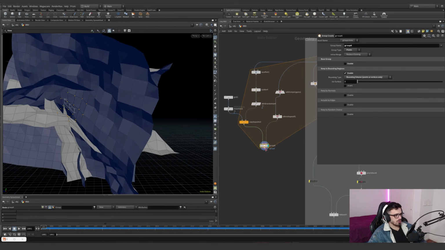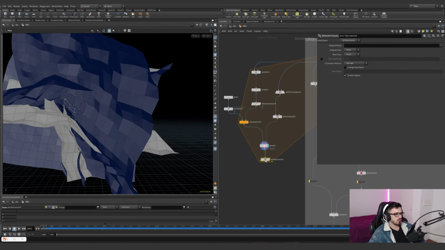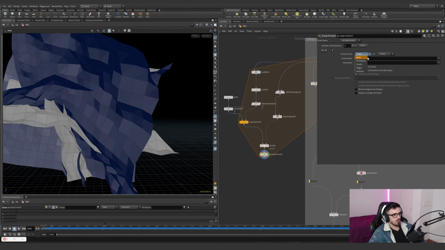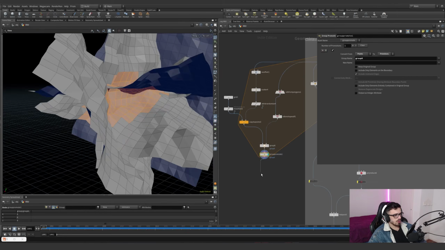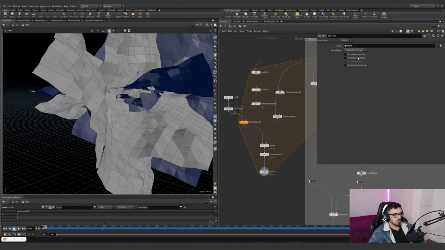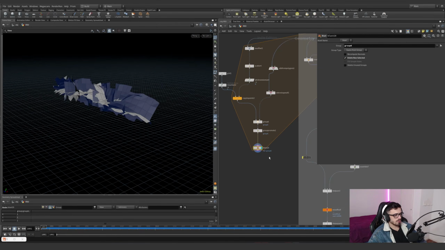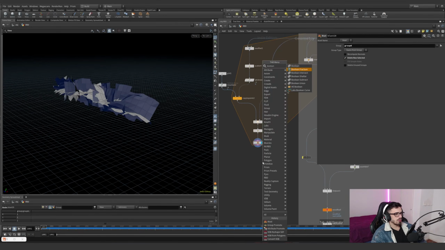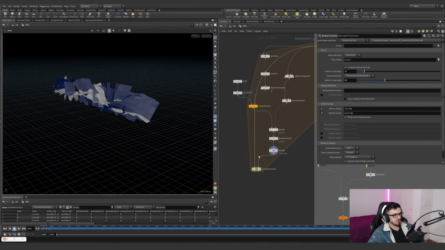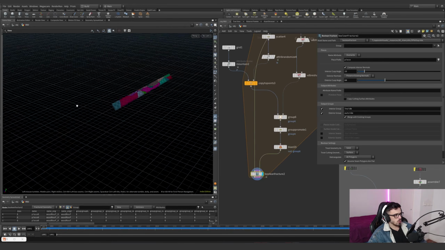Now that you have these points selected, you want to promote these groups from points to primitive. Sorry, you want to group promote this again from points to primitive. This is group 6, and now you have this. And you do want to invert the result of this group so you can have a more optimized shape with a simple Boolean factor. You can then use this as the cutter and use this as the main shape, and you will see it's